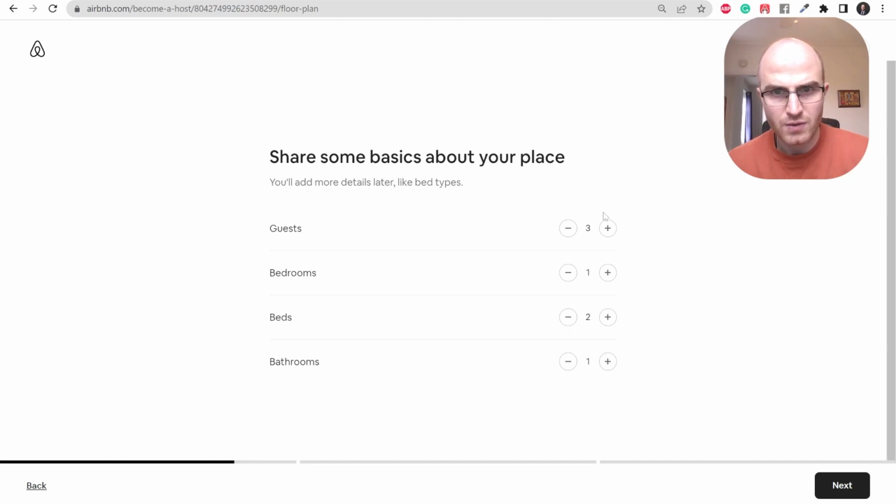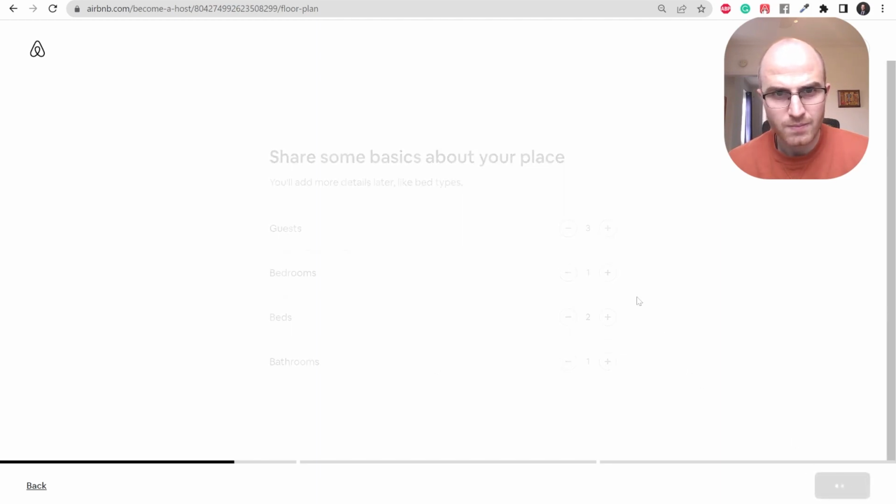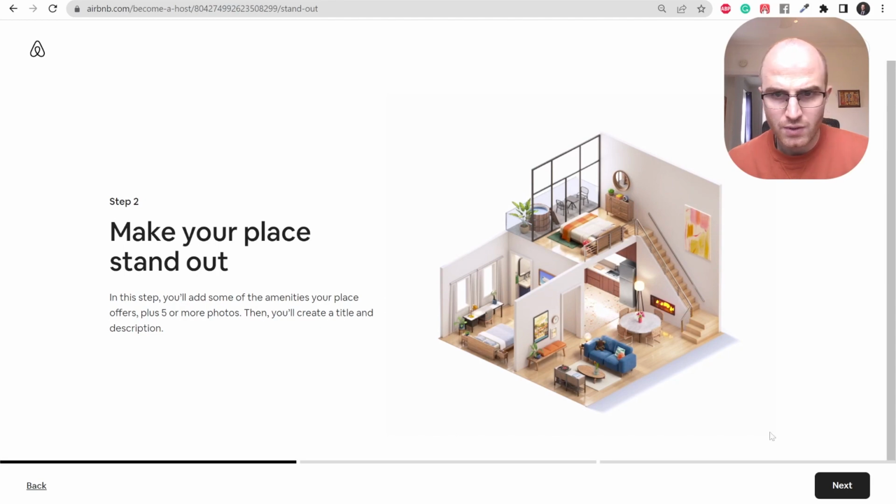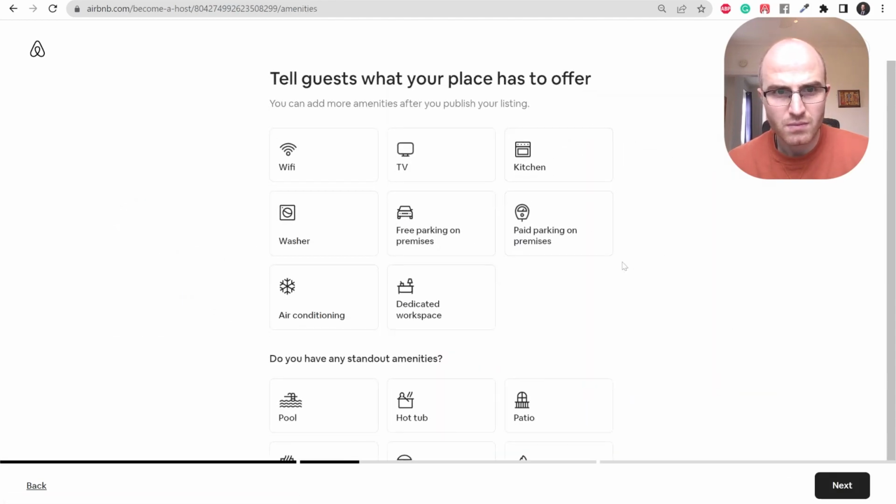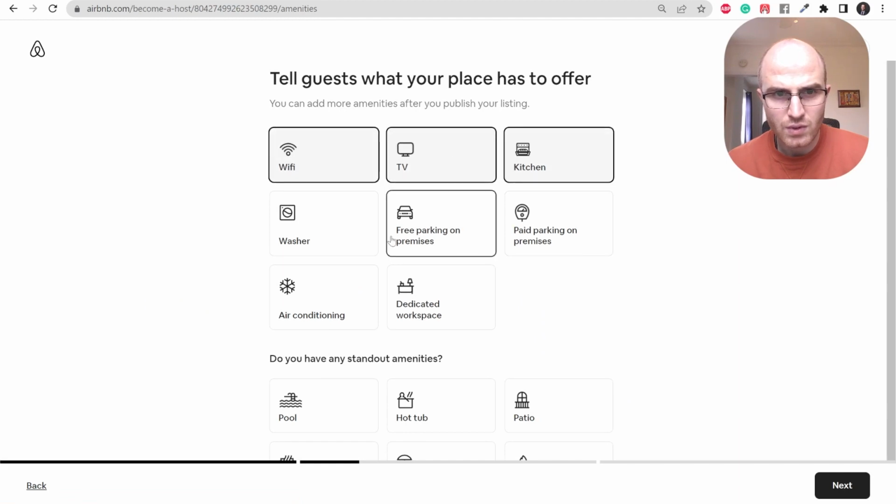So this apartment has maximum 3 guests, 1 bedroom apartment, 2 beds. There is a queen bed and there's also like a couch bed and there's also bathroom. So now we have to add the amenities. There is a yard parking, so